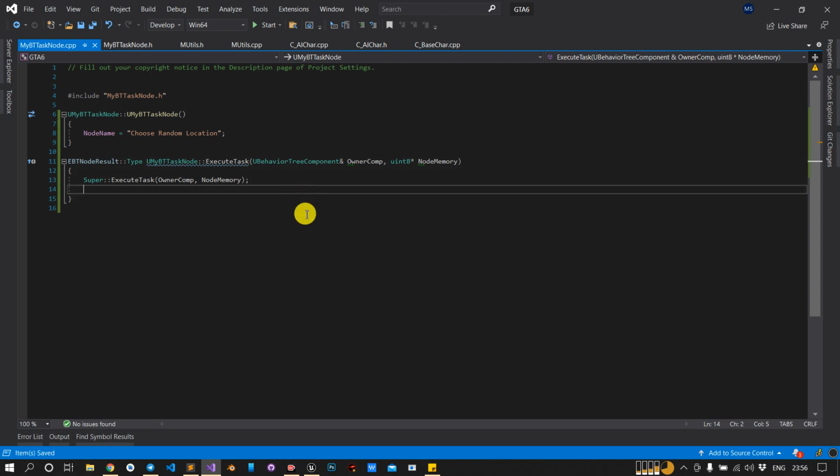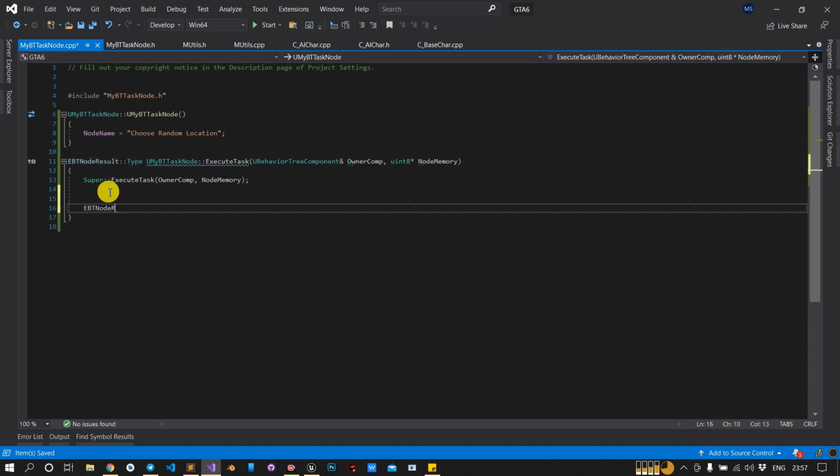There was a time when I didn't know this, and I wasted my whole day just because of this super class. Okay, so this is the starting of this node. And we have to return the EBTNodeResult. For this I am just returning it, return EBTNodeResult